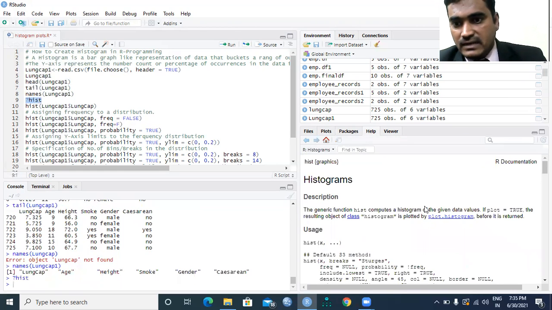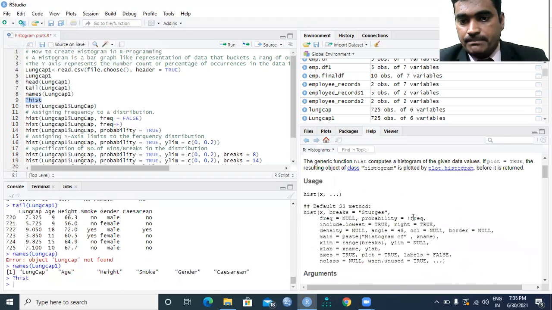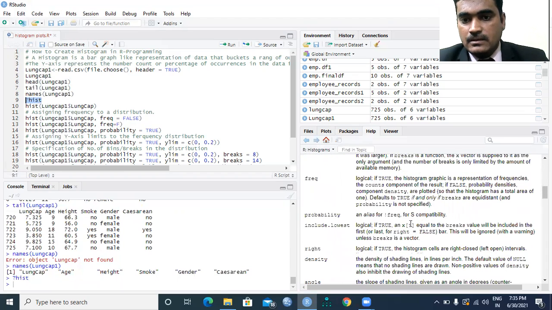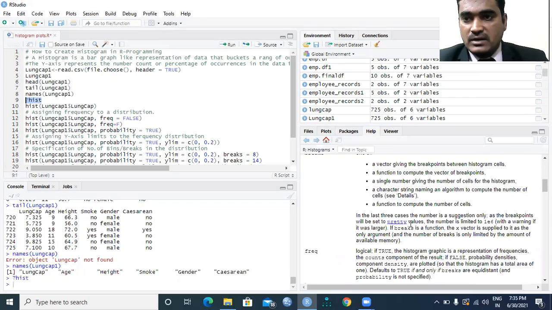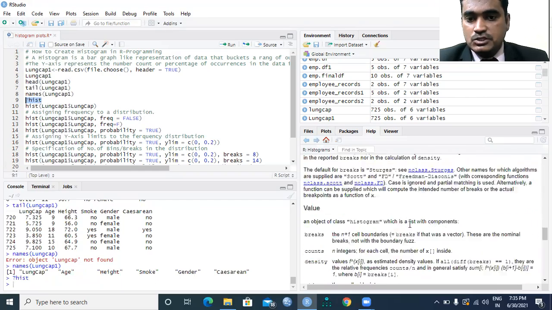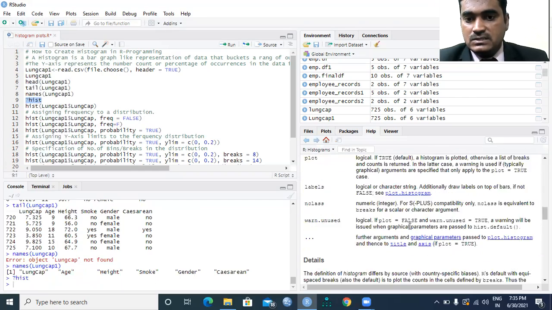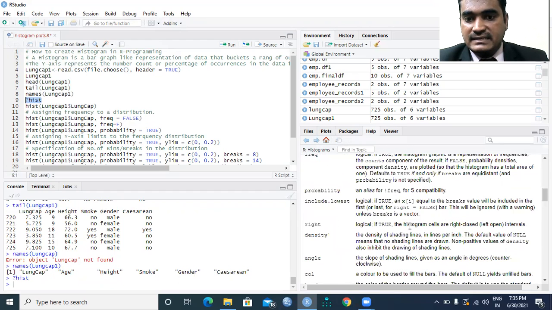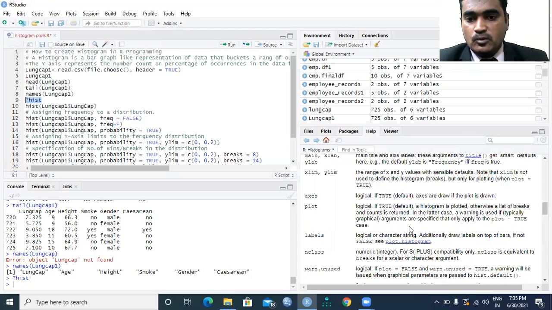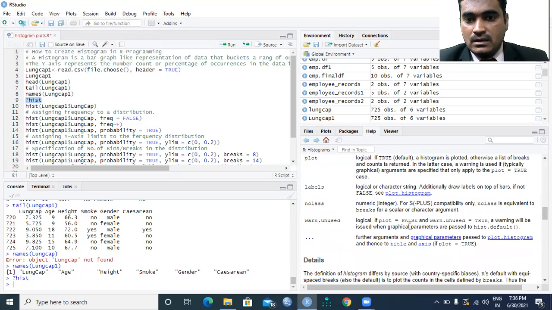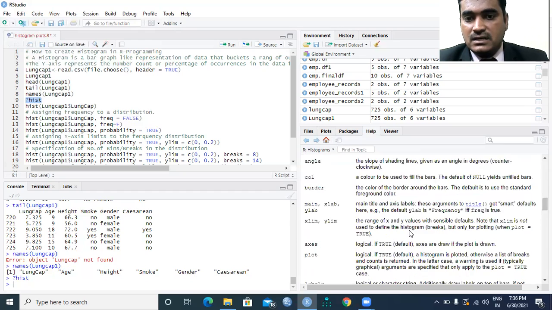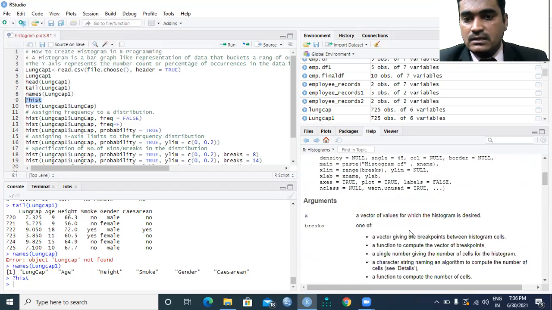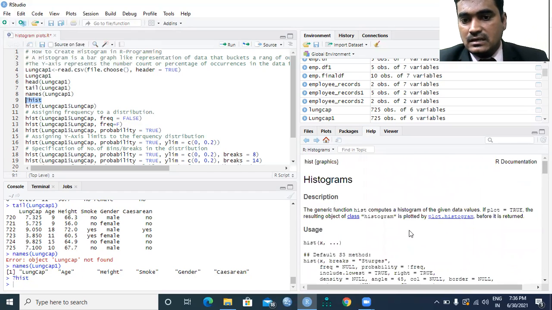Automatically it will give you a lot of data about the parameters and properties of the histogram, such as color, border, angle, density, axes, plots, labels, and a huge amount of data related to the parameters and properties. Everything you can view here with the help of this hist function.